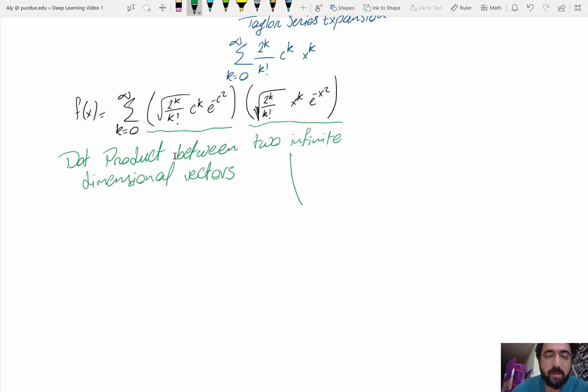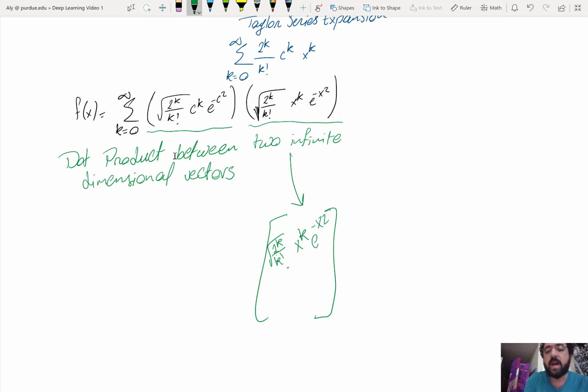So this part here, I can think of it as an infinite dimensional vector, right? Each element of that vector is basically the square root of 2 to the k over k factorial times x to the k times e to the minus x squared, and the k goes from 0 to infinity. So the first element of this vector is k equals 0, the second element is k equals 1, and so on, right? And these are coefficients of